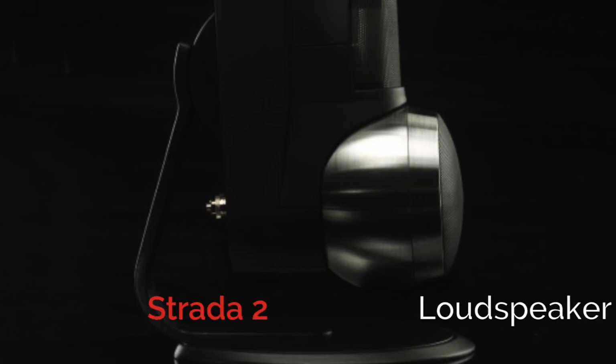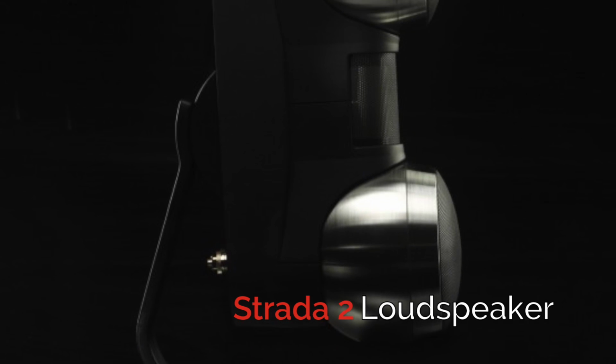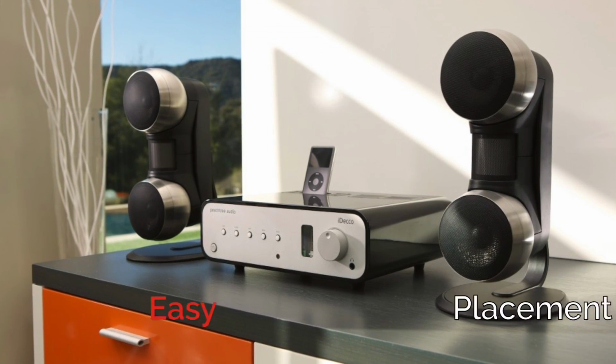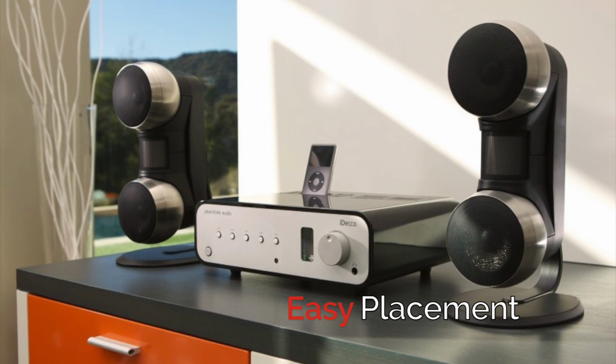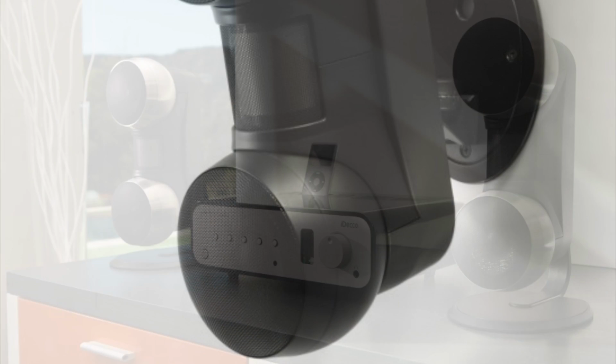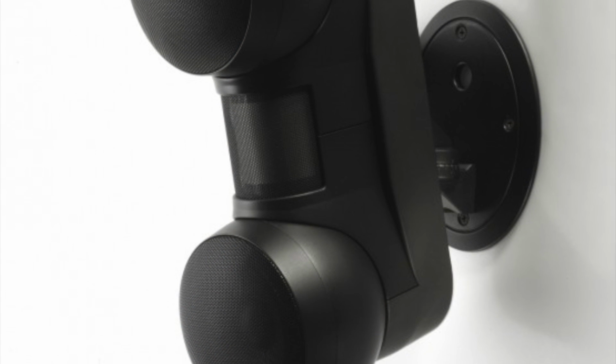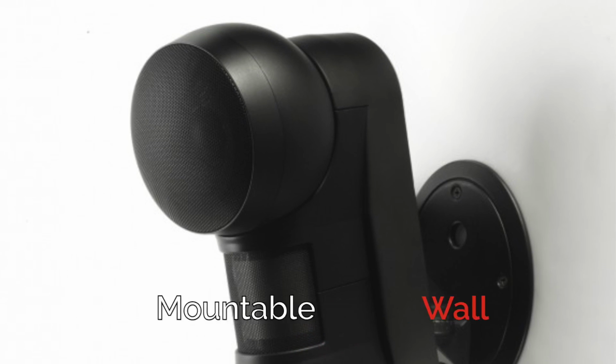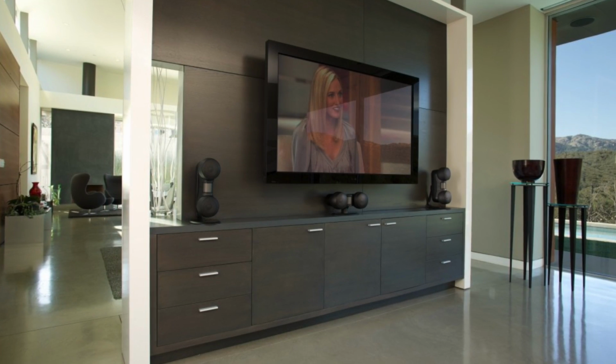The Reference Strada 2 is an award-winning compact loudspeaker that shares similar DNA and approach with the 3.5's top end, but makes things interesting as there is no woofer downtown for bass duty. Instead, this is a speaker that can be placed in a number of locations, making it a better choice for home theater use or rooms that simply don't have the luxury of traditional loudspeaker placement. That's right, these guys can be mounted on the walls, placed on a bookshelf, or used with the optional stands,